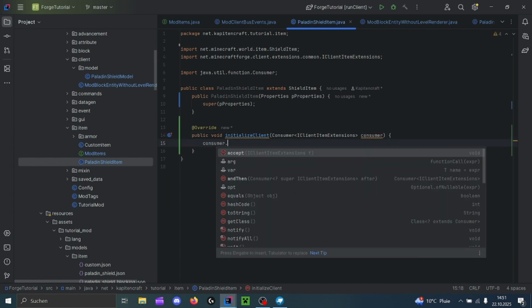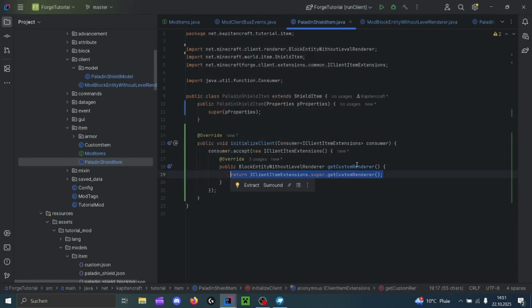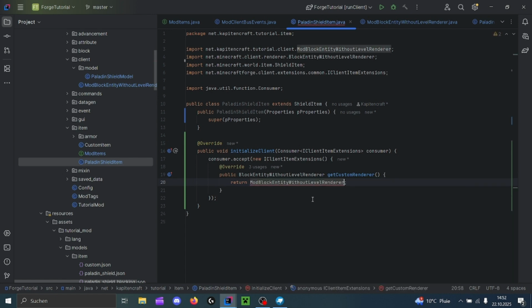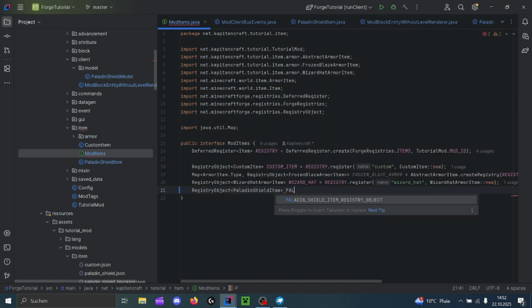in which consumer.accept a new declared item extension, overriding the getCustomRenderer method, which returns the ModBlockEntityWithoutLevelRenderer instance. Now we go into our ModItemRegistry, and there we do RegistryObject PaladinShieldItem